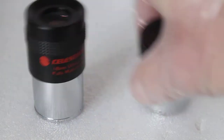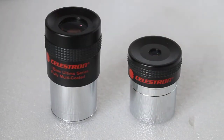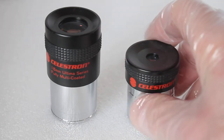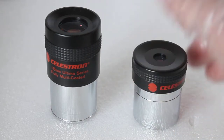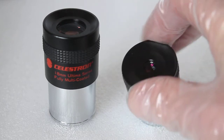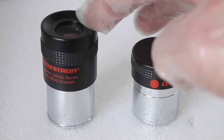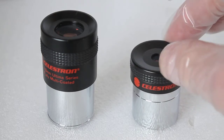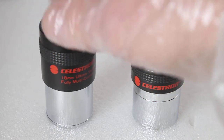And so what I have here, a couple of other eyepieces I use, and you can see they're pretty old design, and this is the Celestron SP Ultima range from heaven knows how many years ago, and these are extremely solidly built, fully multi-coated optics, very strong metal bodies, nice internal baffling. The 18mm probably just, but definitely not the 17mm if you like to view with glasses on. They're not long eye relief, but they're very good quality eyepieces, well up there with the fully multi-coated options that you can get